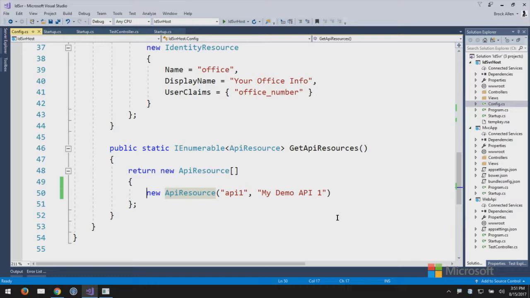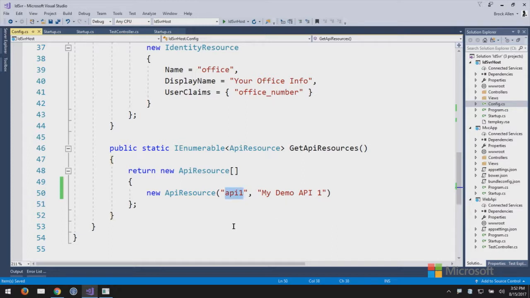Does it need to know the location of the API, or does it just need to know its unique name? No, that's a good question. The scope, the string right here, is the logical identifier for the API. So we've been using things like secret. We don't use that. We use a long number. We've been using names like API1. We could use a Java-style namespace like